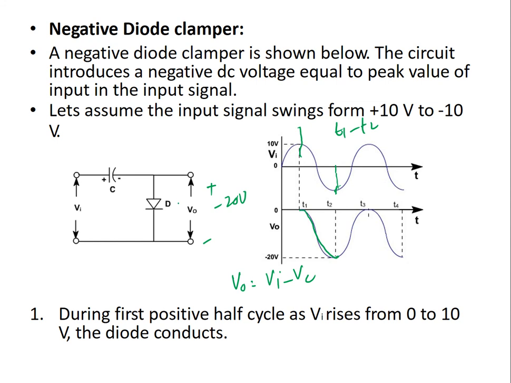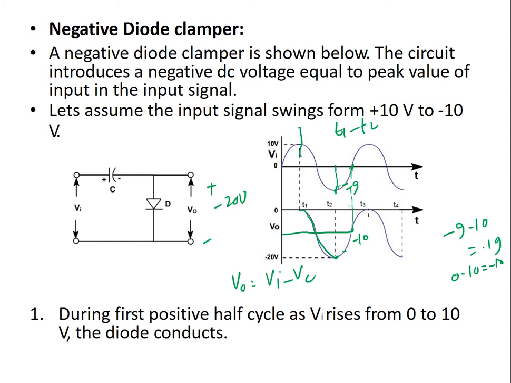Now what is actually happening here? Minus 10, this will be minus 20, so here again minus 9, minus 10, minus 19, so I am here. Till I reach 0 here, so at 0, I will reach the level of minus 10 here, because 0 minus 10 is minus 10 volt.